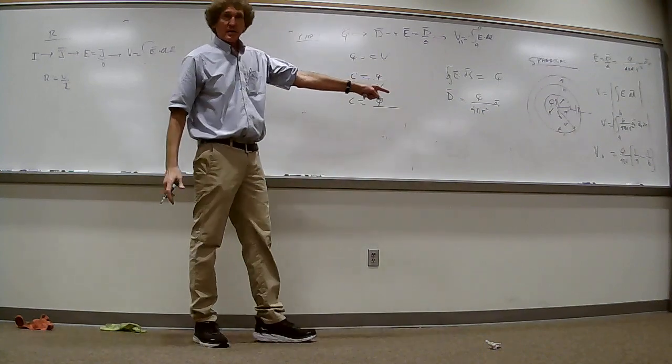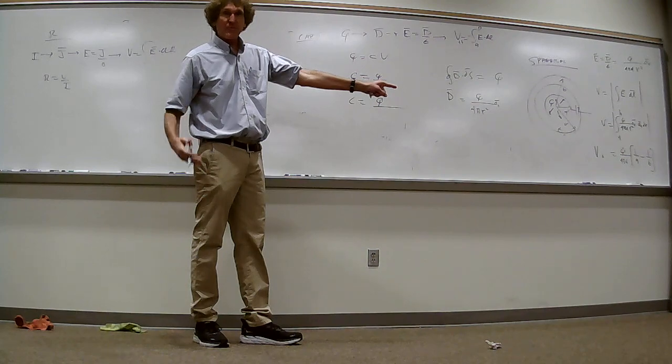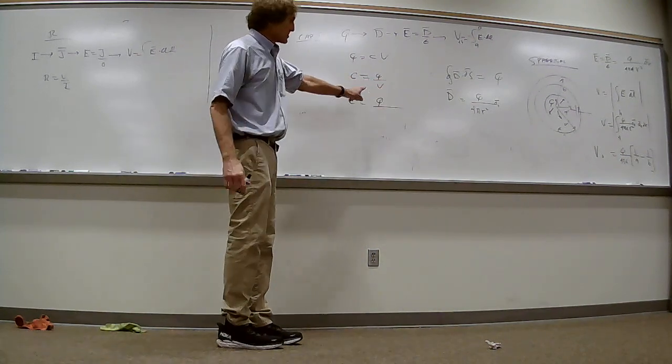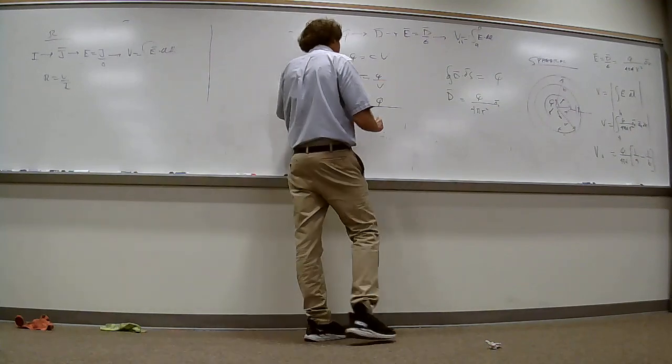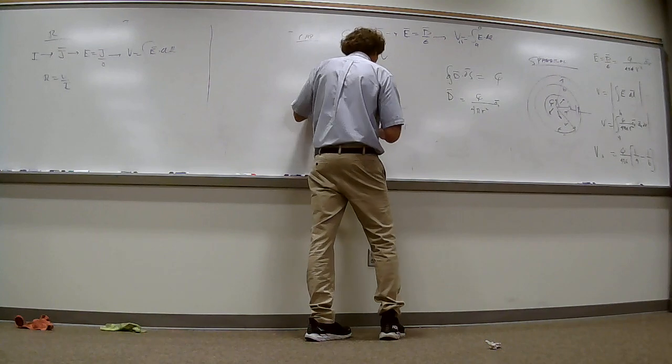Is everybody following me on that? Can you all follow me how I obtain the voltage? I simply integrate the E field between the inner and outer conductor. Now to get the capacitance, I have to divide charge by that. And you can see what happens here. This is going to be Q, that's going to be 4 pi epsilon naught,